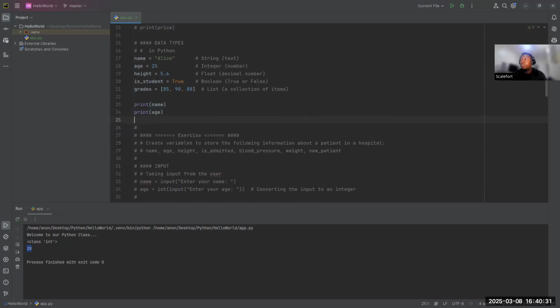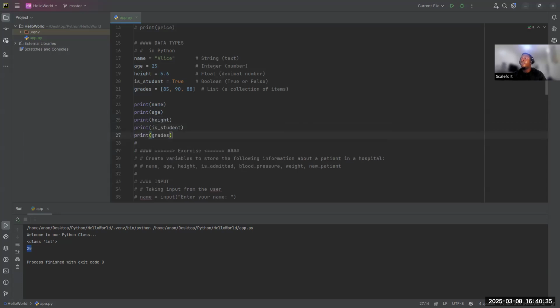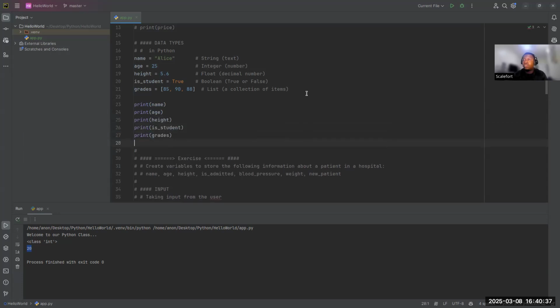age. Print height. Print students. Print grades, right? So let's print all of this and see what this prints. Can you see? So we're printing Alice, 25, 5.6, true, and this. If I were to wrap all of this